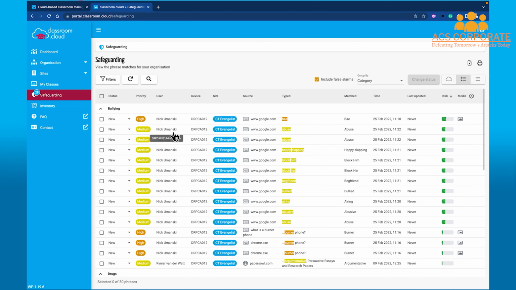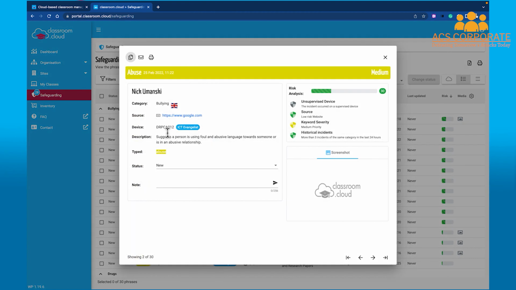So for example, if I jump onto this one here, it's got the word abuse typed, it's matched the abuse category. So I go into here and we get the information about that particular thing. It happened on this date at this time, is a medium risk. The risk analysis gives it a score of 30. It tells us it was on an unsupervised device, on a low risk website, medium priority. But it does give us some information, which is that there were more than 3 incidents of the same category in the last 24 hours from this particular student. So the fact that they're using these kind of phrases and these sort of searches